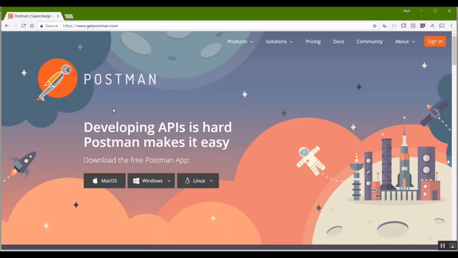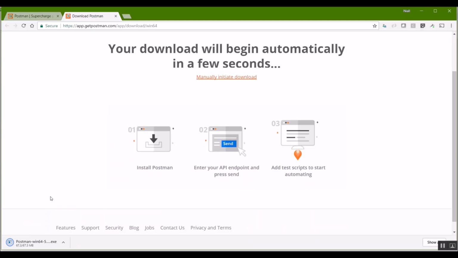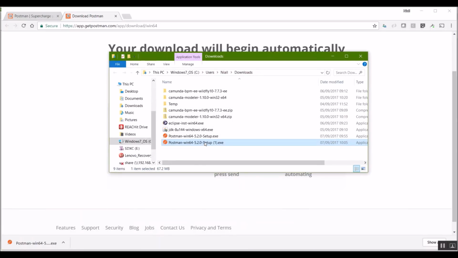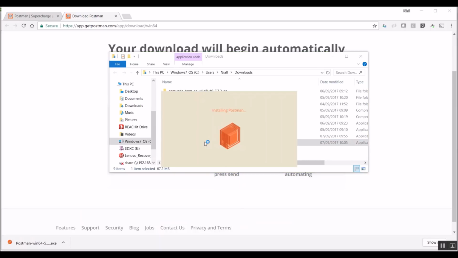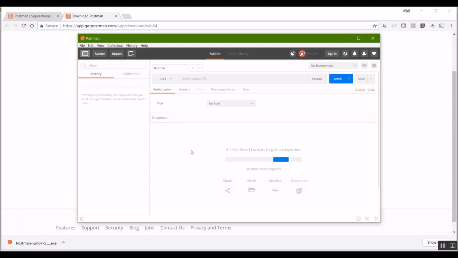And then we will have a section of downloads. Depending on what system you're using, download the corresponding guy there. I'm using a Windows 64-bit system, so I'll get that. Okay, so downloading should start in a few seconds. Okay, and now Postman is downloaded. So now I'm going to go to the folder which I have this downloaded and double click and start it up. Okay, so you don't have to create an account. You can just click there to create an account another time, and then you arrive here at this lovely setting.